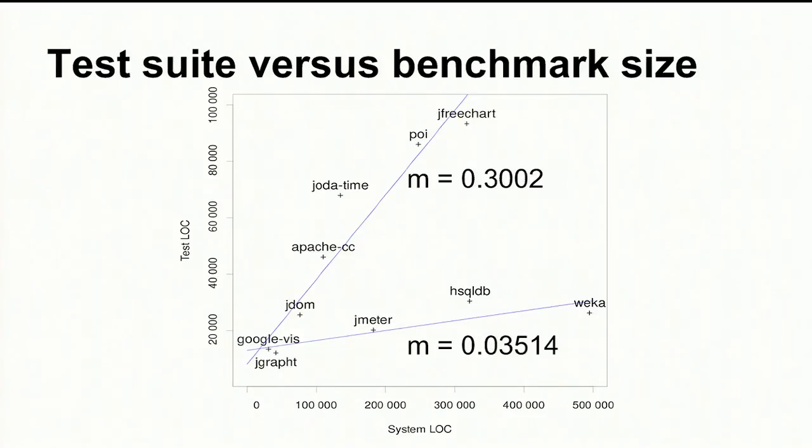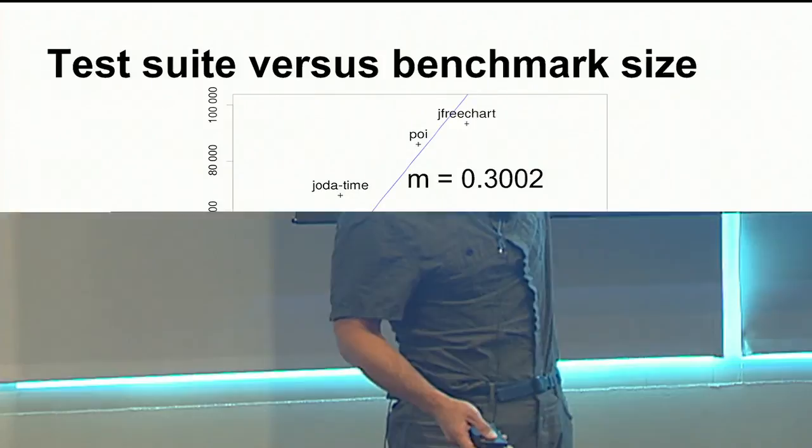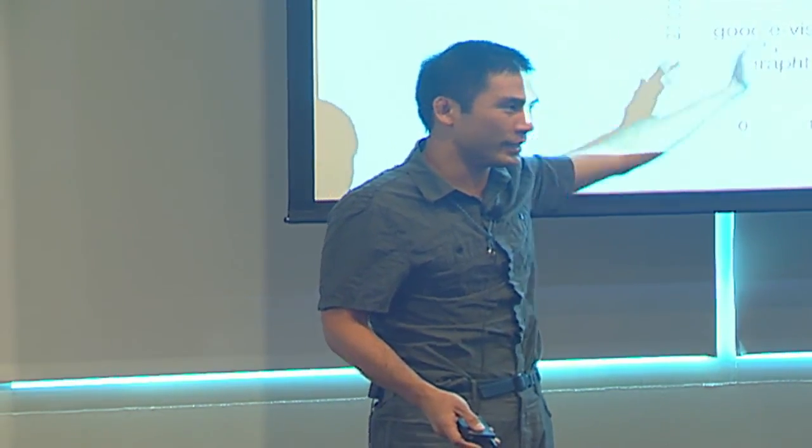And so what it looked like to me was we sort of had 2 groups of benchmarks. We had the group of benchmarks with not very many test suites, so here. And so I did a least squares fitting here. And so what we have is there's a constant factor, but then for every 100 lines of system code, you have about 3 lines of test code. And then we have the benchmarks with more test cases. And so on average there, after the coefficient, we have about 30 lines of test code for every 100 lines of code. So these benchmarks seem to fall in two clumps.